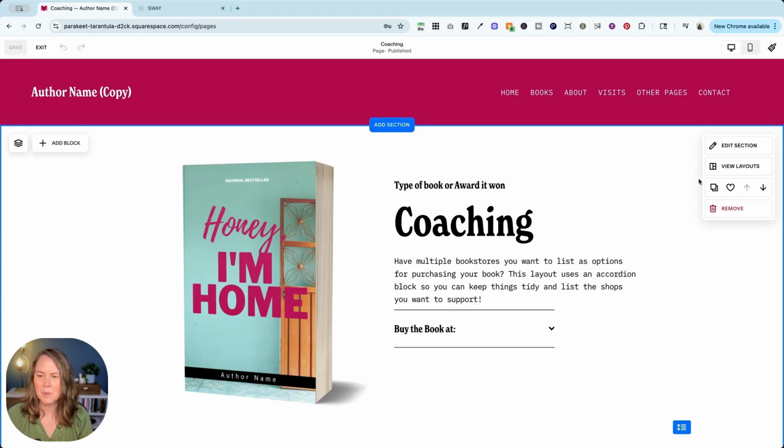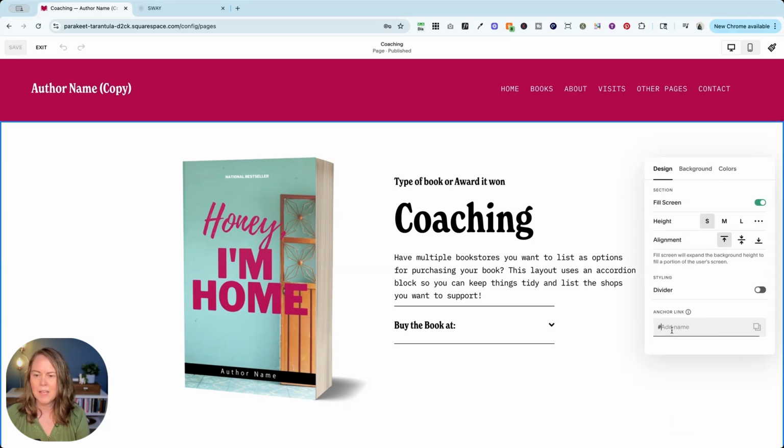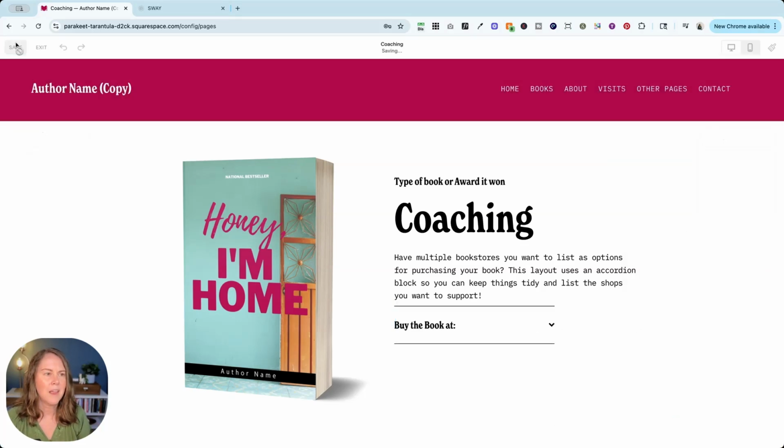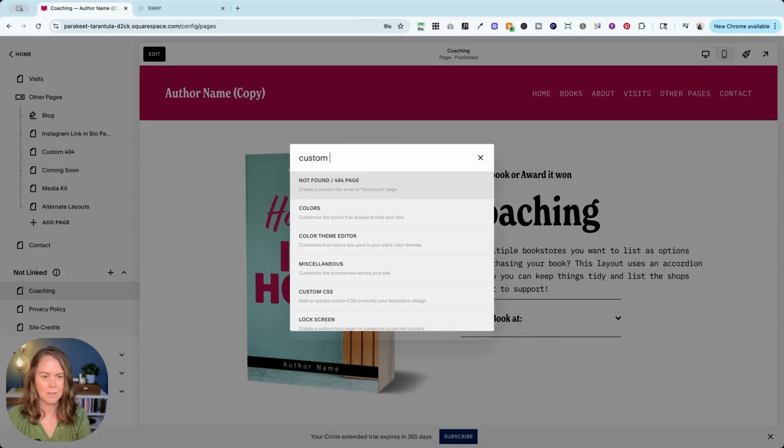What I can do is go into this section, hit edit section, scroll down, and there is a place to add an anchor link. Now, this is more than just for anchor links. This is naming your section so you can call it out in code. So I'm going to call this Coaching Hero because it's my hero section for the coaching page. And now what I can do is go to custom CSS,